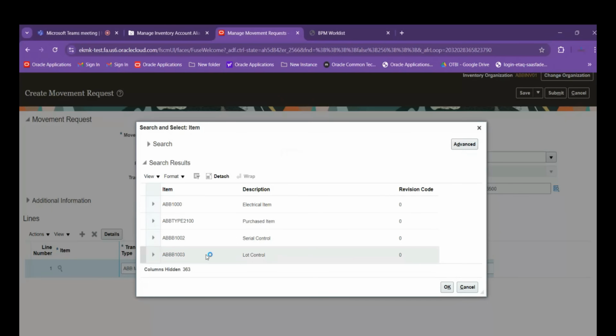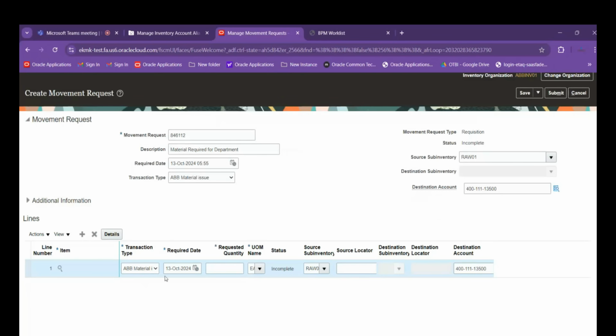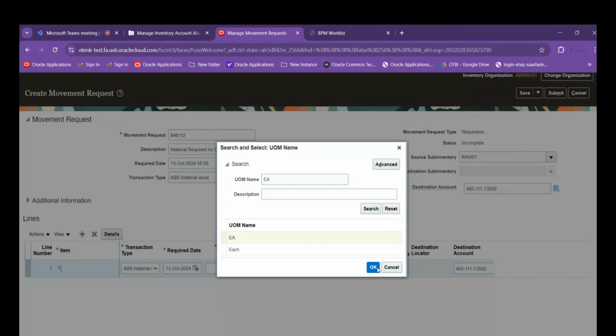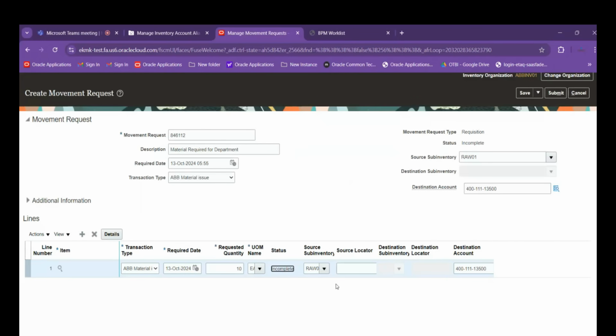So we have these items. So let's take an example. We have chosen one of the items. Now requested quantity and required date. So requested quantity, let's take an example, 10 quantity I want. Unit of measure is by default. Current status is incomplete. Now source subinventory got defaulted and if I expand that,